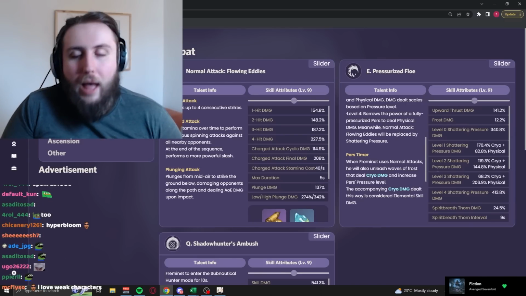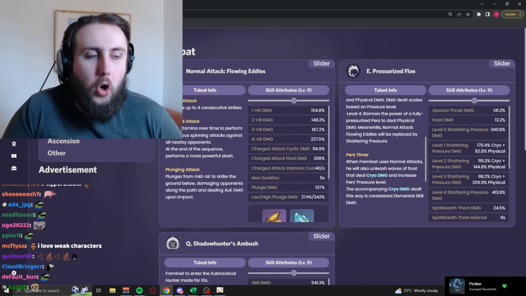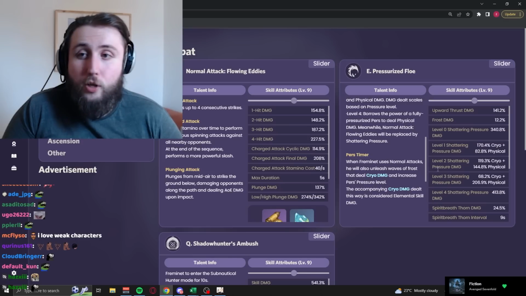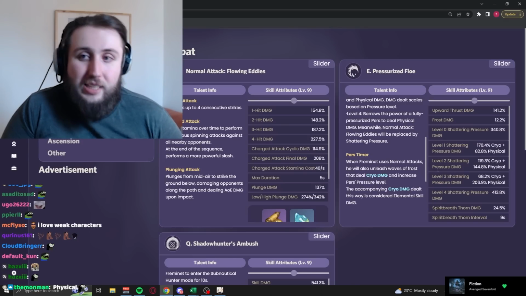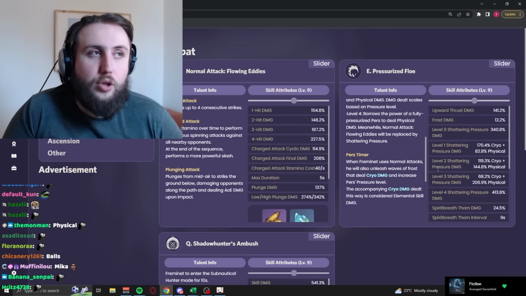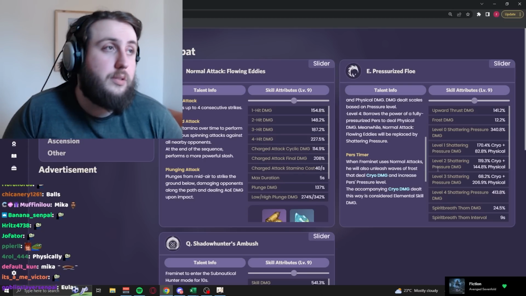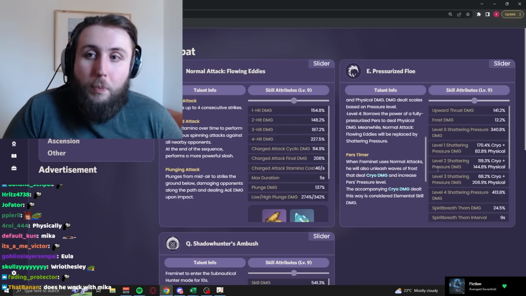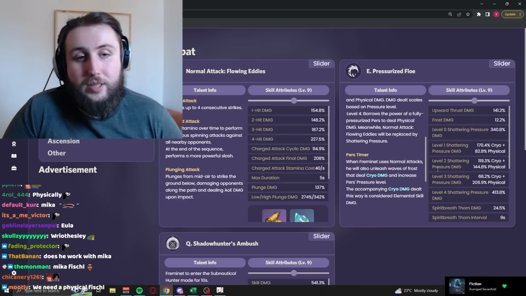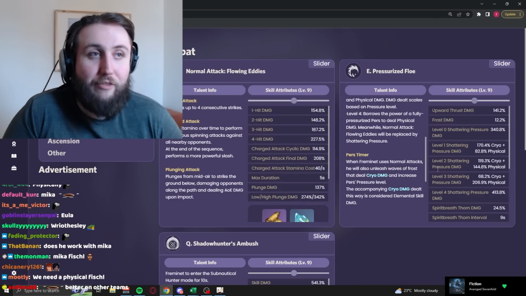Here's the problem. As of the current version of the game, there are not a lot of units that synergize well with Physical. Physical doesn't have good supports, and so many of the units that are kind of good in Physical teams, that you can use in Physical teams, you're sacrificing a lot of their power to play them in a Physical team. So for example, when you're playing Fischl in a Physical team, you're not getting VV for Fischl,